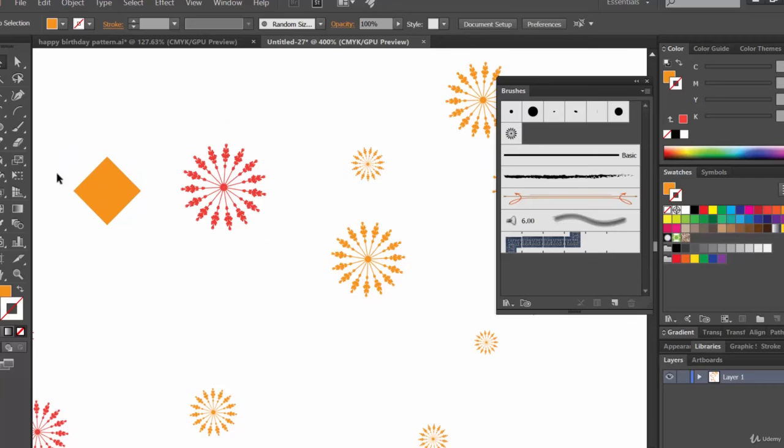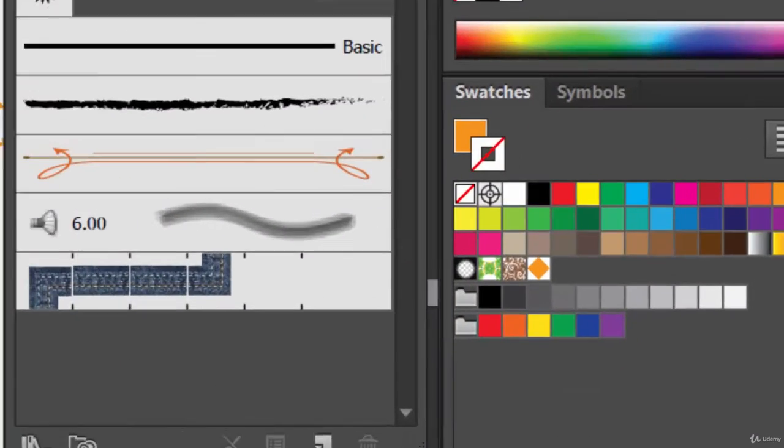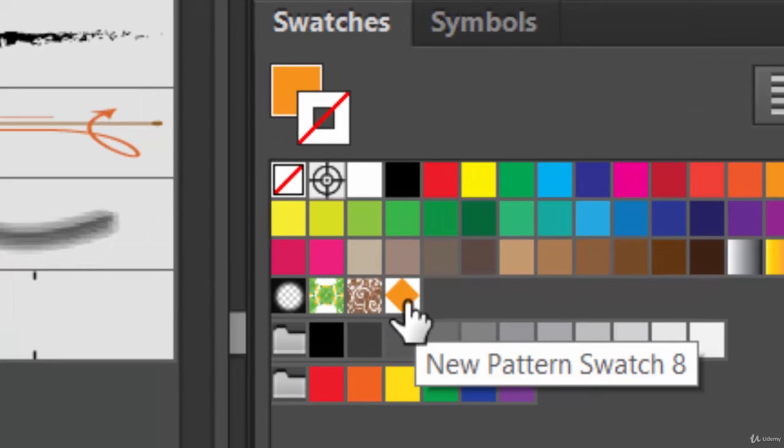Now we want it to include in our pattern brush. And for doing that, we need to make sure that these are available under swatches. So what we can do to move it to swatch? Well, you can do it simply just by selecting it and moving it, just dragging it inside the swatches panel, and see, there you go.